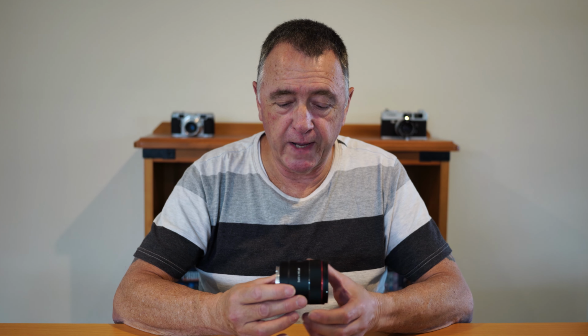But I purchased this one mainly because of the f1.8 aperture on it, and the fact that it's advertised as an Astro lens. What I mean by an Astro lens is, I should put it onto my A7C, and we have a function button here. Now this function button,